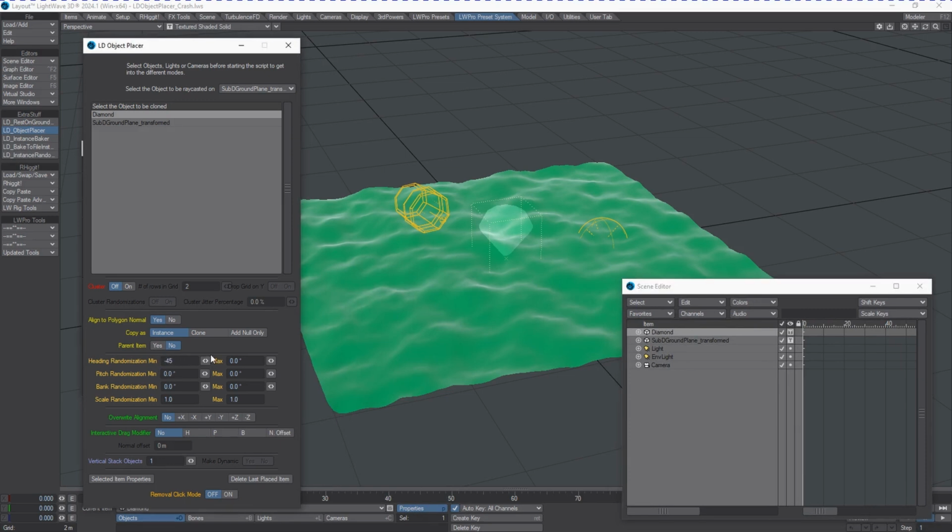Let's go minus 45 degrees, and we'll go 45 degrees for the max. Go pitch minus 45, 45. Bank minus 45, 45, and maybe we'll offset the scale. So we'll go 1.2 for the max and 0.08. So now I can go about the business of